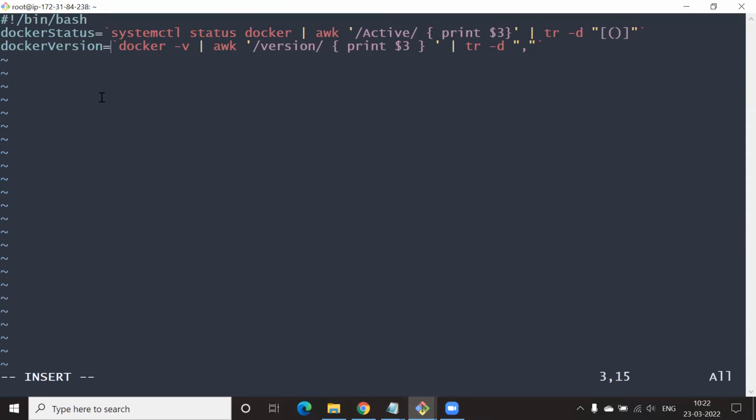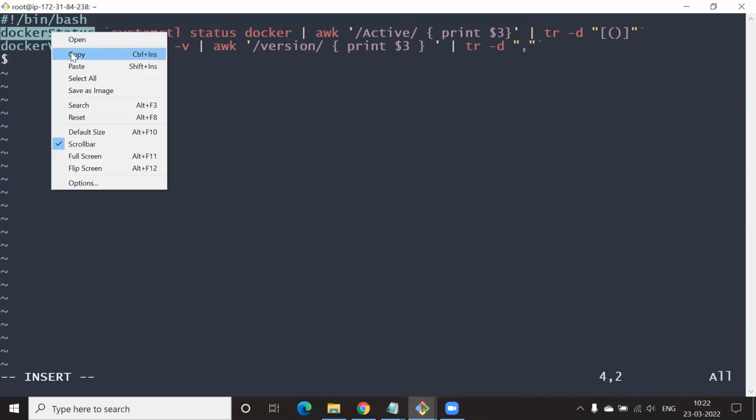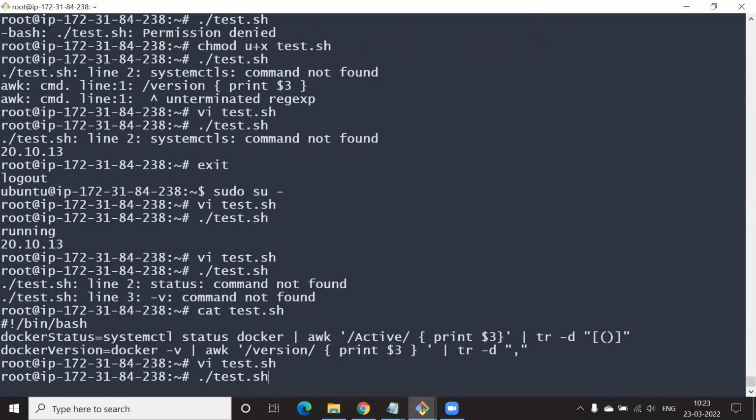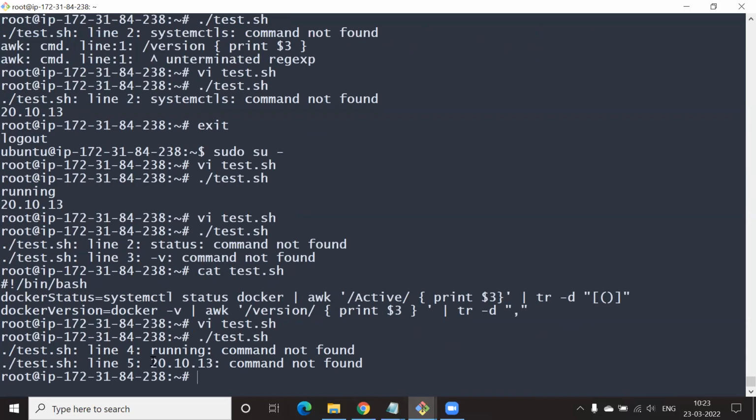Now we need to call these variables. How do you do that? Still, it is outputting, but still command not found error showing.